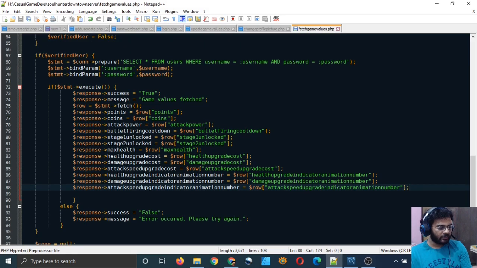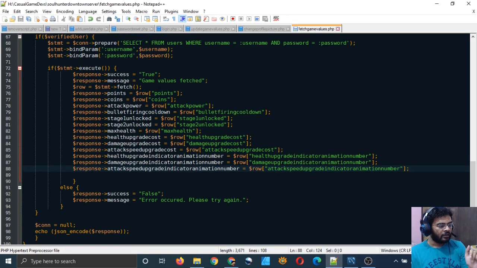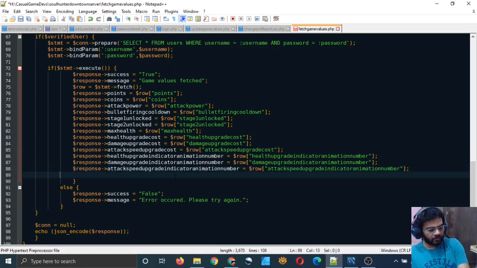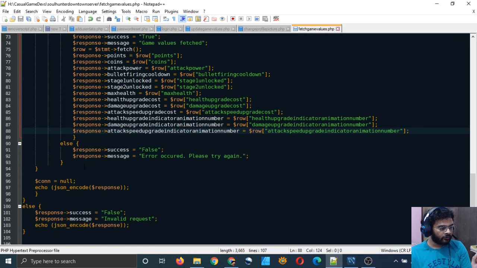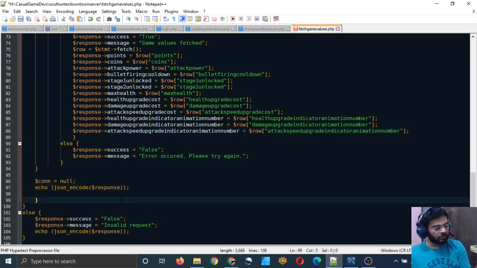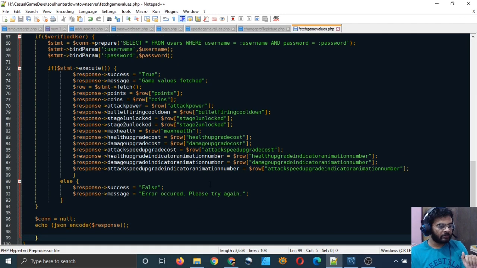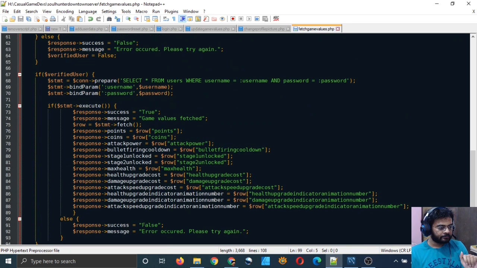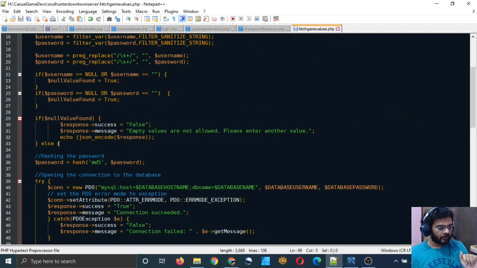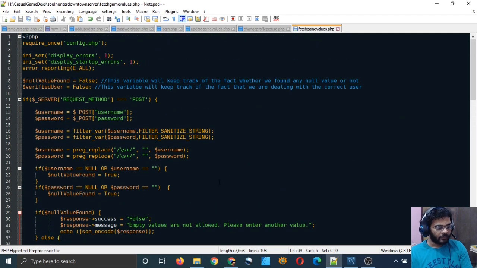As far as I remember, this is the correct way to do it, but we will just execute it and see if it works. So I have taken these variables, created fields in my response variable, and at the end I am simply echoing the response variable to the user. So now we can test this script, right? So let's test it and see if it works or not.